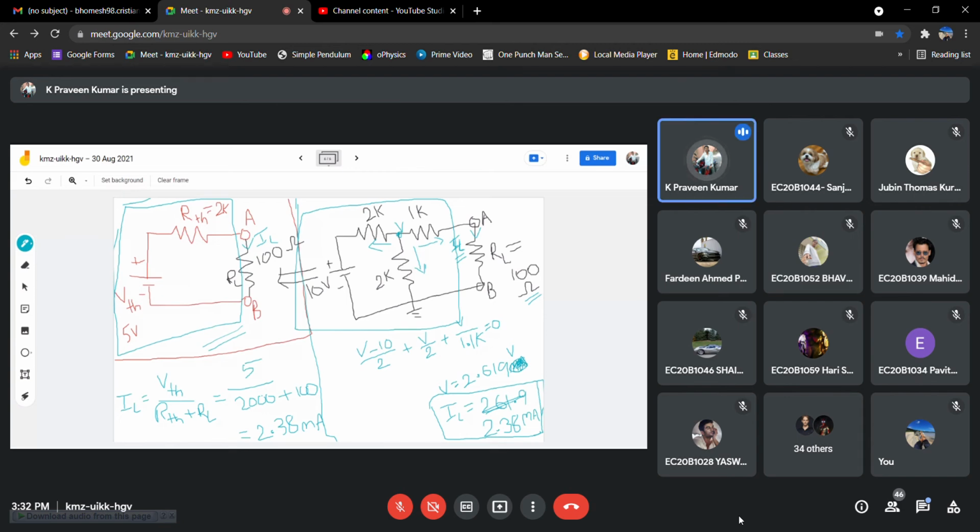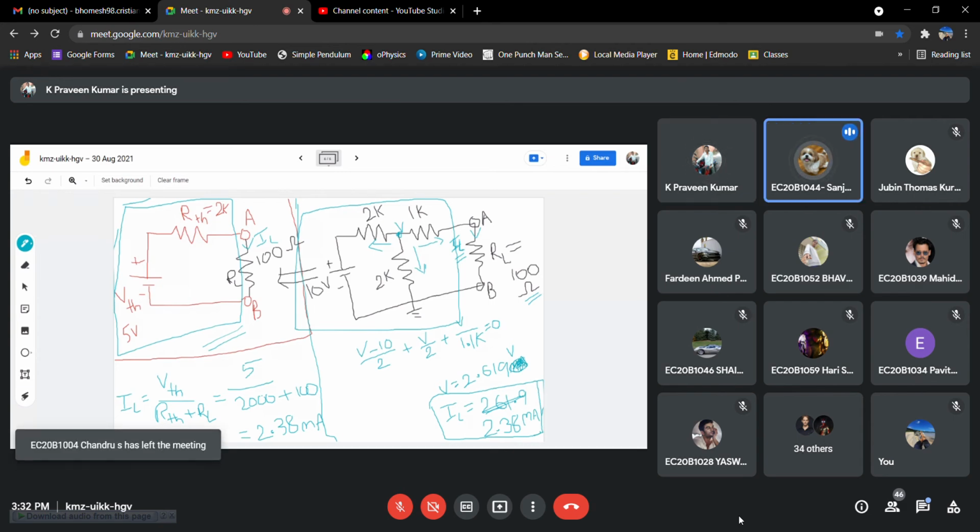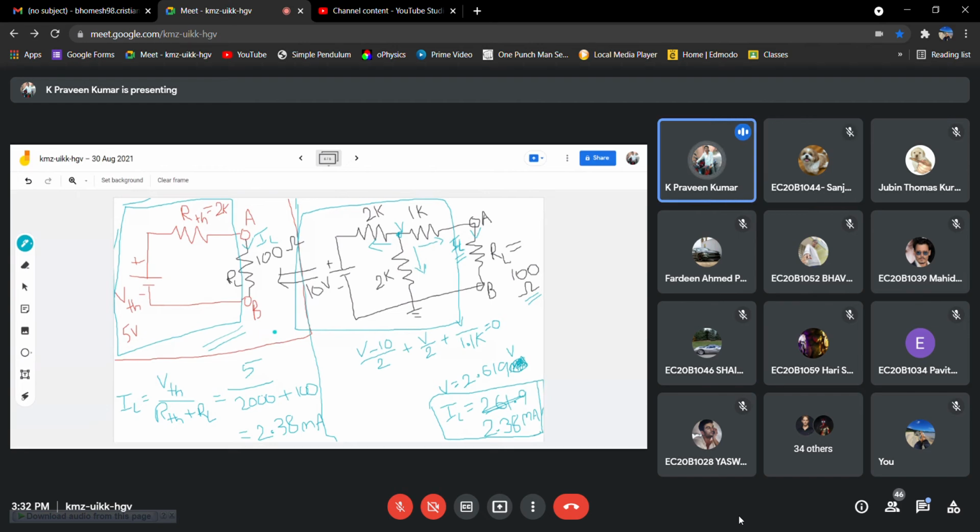Yeah, that is your wish, you can take. I will give the circuit for which you need to verify. For explanation, I am taking this T network. For your practice, I will give another circuit. Sir, in the question actually VTH is 5 volts, but in this network we took 10 volts, right? Yes, that's what I'm saying.